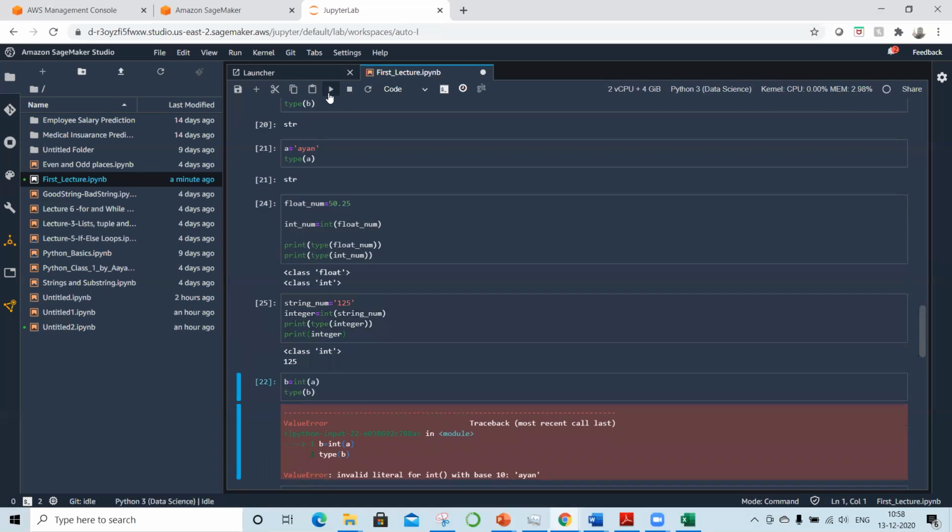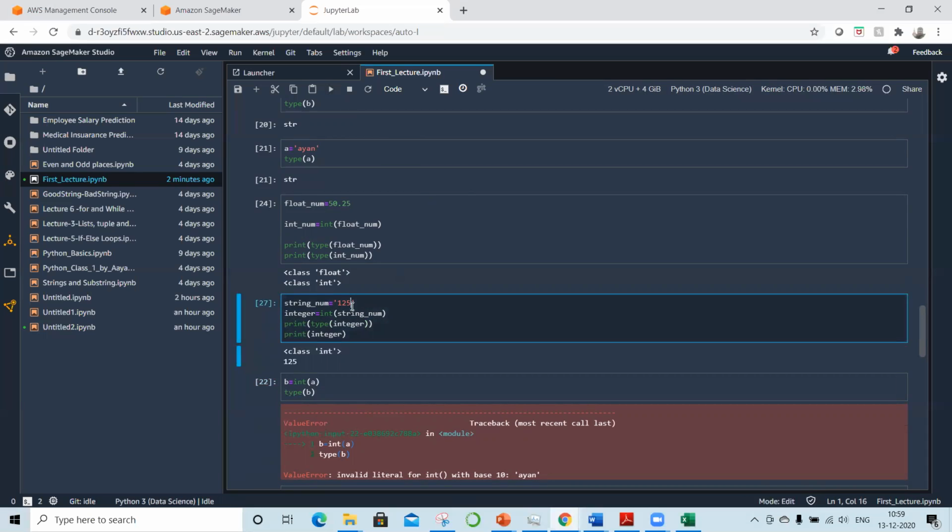Okay, there you go. So as you can see, initially it was a string. Now it has been converted to an integer. So we are printing the integer value, right? If you want to see whether it has changed or not, I'll just show you. It's a string initially. Okay. So when I put the string num, it's a string. And when I put an integer, it has been typecasted to an integer. Okay. Now,